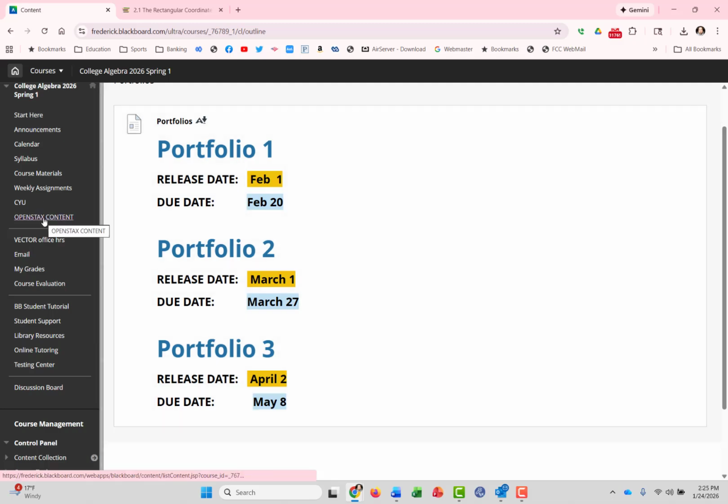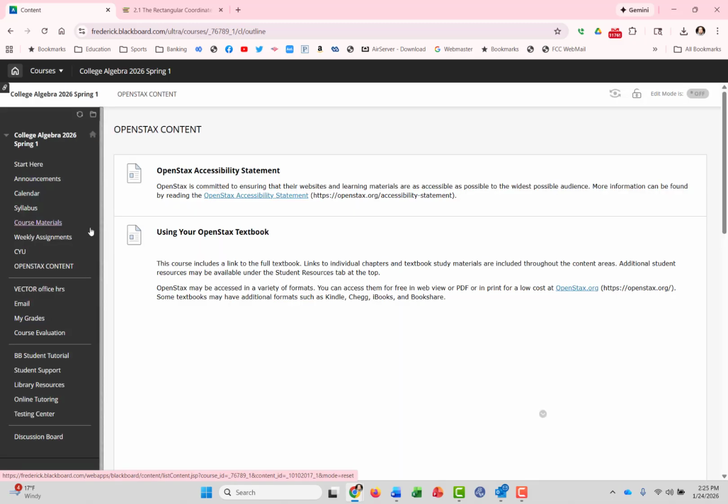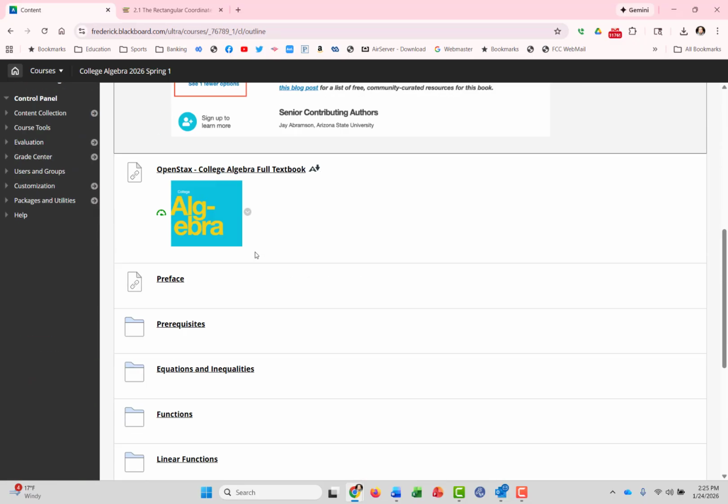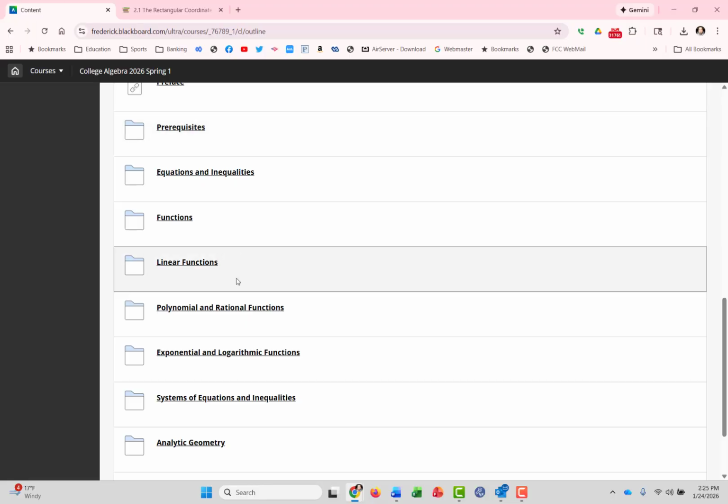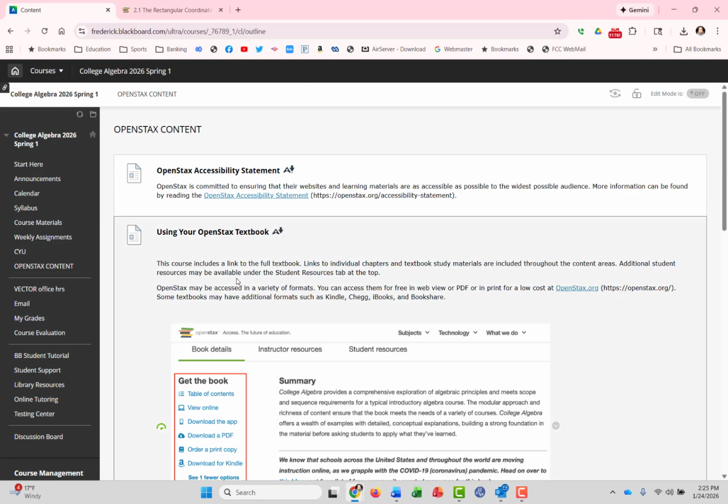Again, another way you can get to the textbook is through this OpenStax textbook. They have the textbook there. You can download a PDF version if you want it, or you can directly link to each chapter throughout the course. I know there are plenty of questions, but I just wanted to get it started. Feel free to email me or stop by one of the office hours.